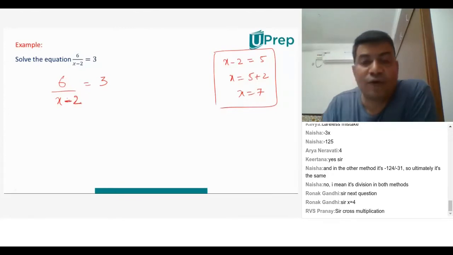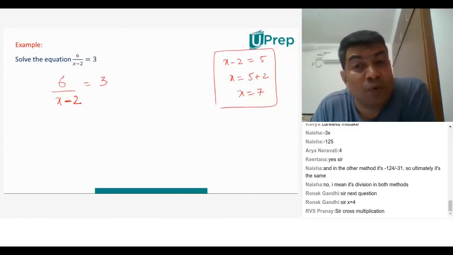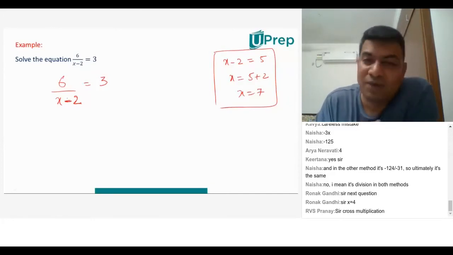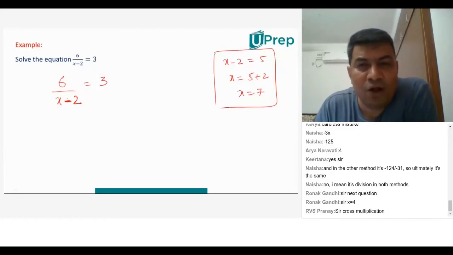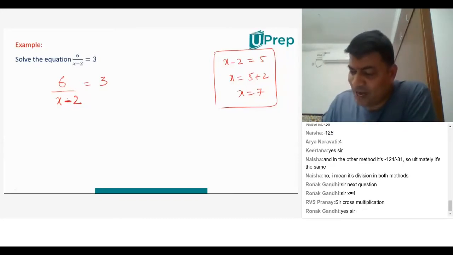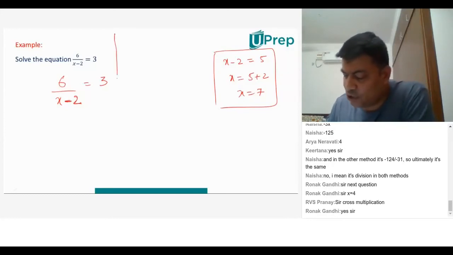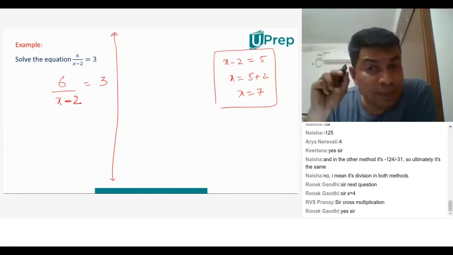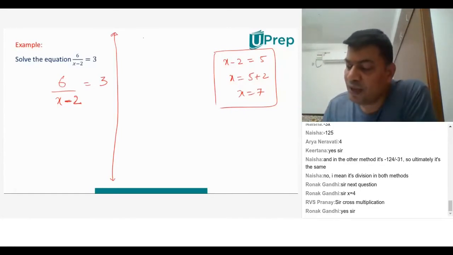Another way of looking at this: most of you might have learned, or might not have learned, but I need all of you to learn some fundamentals about ratios today. Let me revise a few fundamentals in ratio and proportion, which you might or might not have learned. So let me explain to everyone.